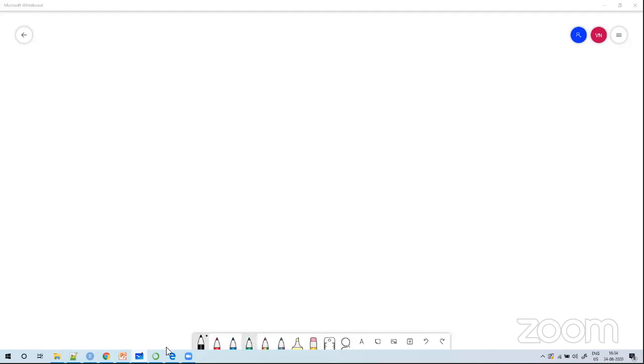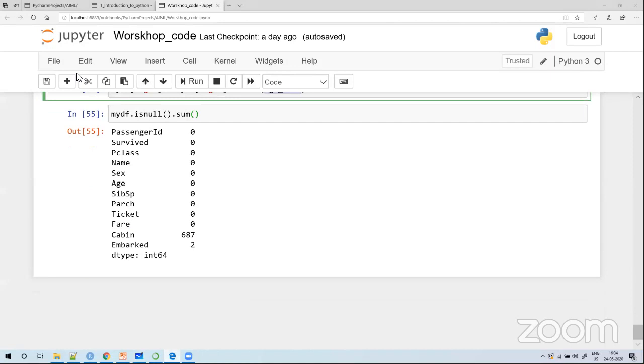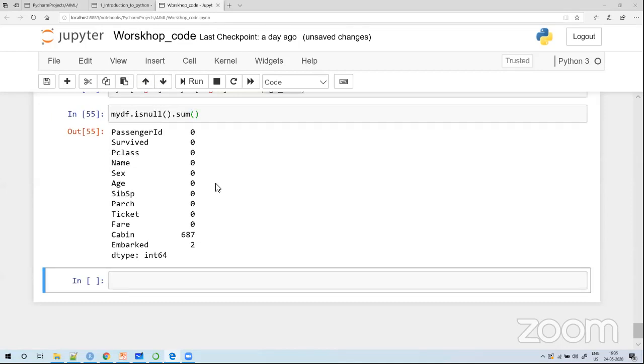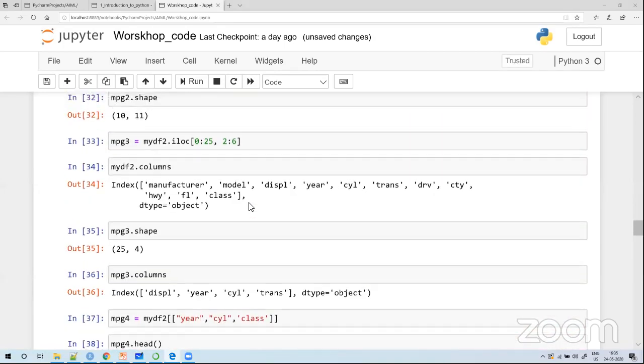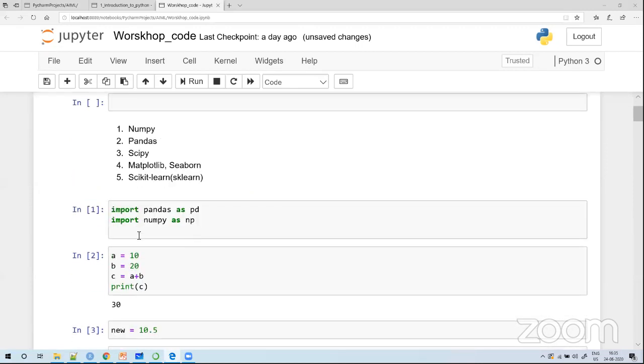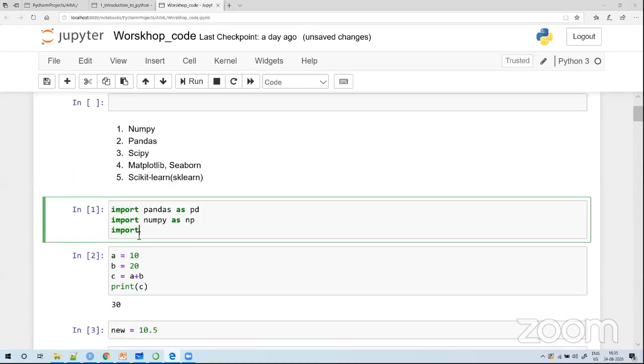Now, let's try to build them. Let's take one column at a time. I'm going all the way up to add a few more things over here. Import, no, not import. This is another way of importing. So you have seen importing the entire module at a time. Now we are going to import a submodule from